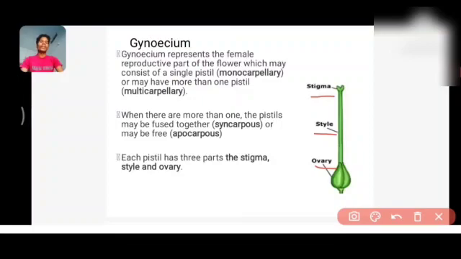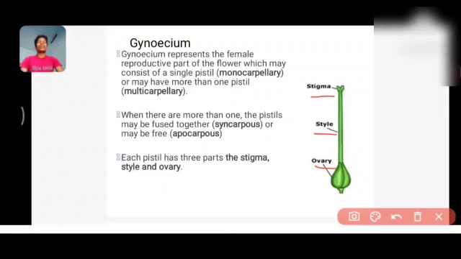The ovary is divided into ovarian cavities or locules. Locules means like rooms. Okay, and in the locule, attached with the placenta inside the ovary, there lies a megasporangium, which is commonly called an ovule. The ovules may be one or more in number. The megasporangia are attached with the placenta inside the ovary in the locules.